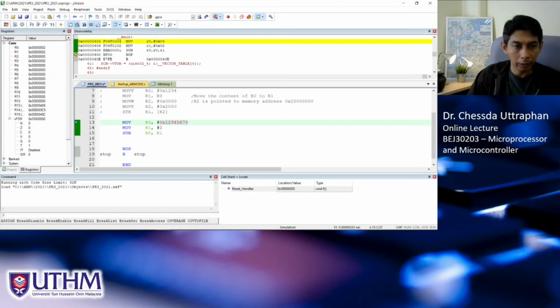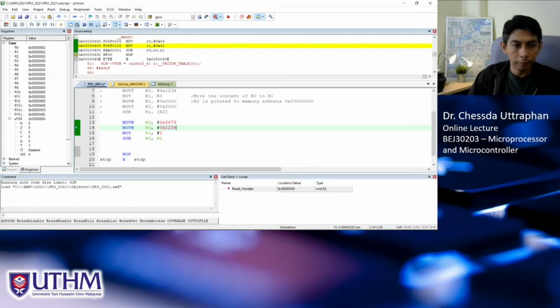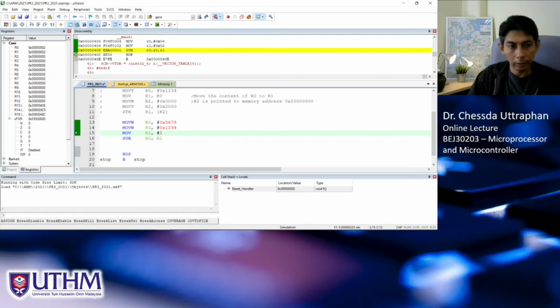Okay. Remember, if we have 8 32-bit, we need to use move and have a double move, right? And we want to, for example, this one is in odd 1, 1 2 3 4, and this one is SMULL, right? Multiply, and the result we want to save at R3 and R4, right? These two will be used to save the result for the multiplication. These are R0 and R1. So let's